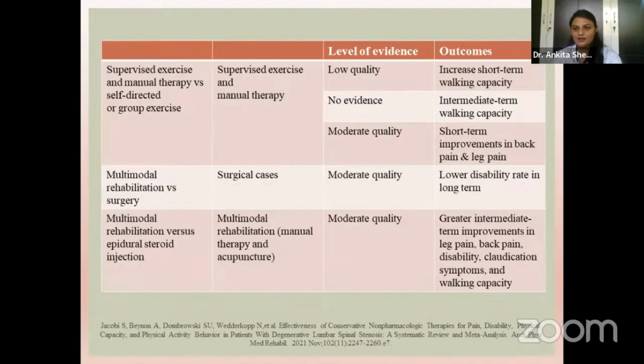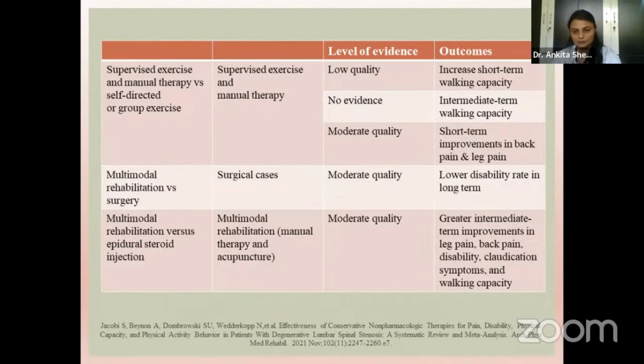So when they compared supervised exercise manual therapy versus self-directed or group exercise, supervised exercise and manual therapy gained superior evidence with low quality evidence on increasing short-term walking capacity and no evidence on intermediate-term walking capacity. Also, there was a moderate quality evidence on short-term improvements in back pain and leg pain in cases of supervised